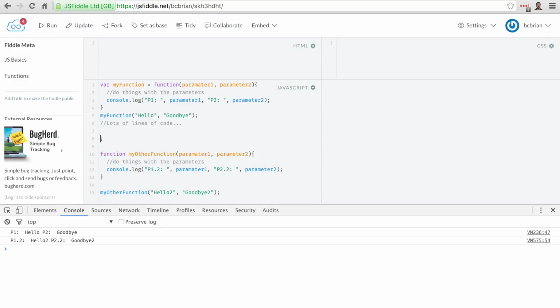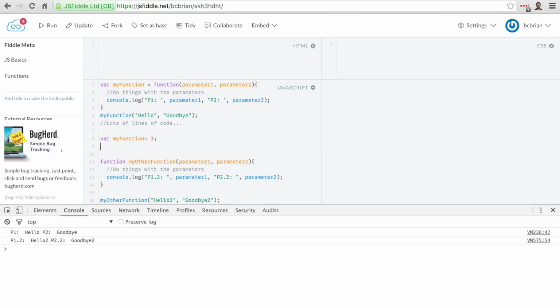And then I say var myFunction equals 3. So now I've set myFunction equal to 3, and then if I try and run it how I'm expecting to, up above,